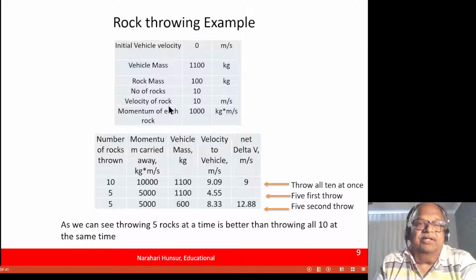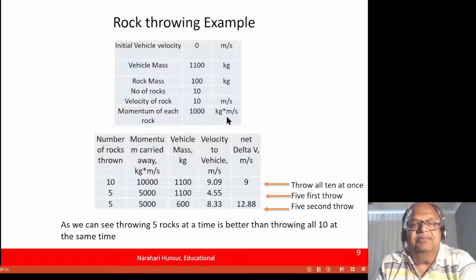So when you throw a single rock of mass 100 kg at 10 meters per second, the momentum of each rock would be 1000 kg meters per second. Okay, so this is the basic data. Now let's see. He throws all the 10 rocks at the same time. So momentum carried away would be, again, 10 into 100 into 10. That's basically 10,000 kg